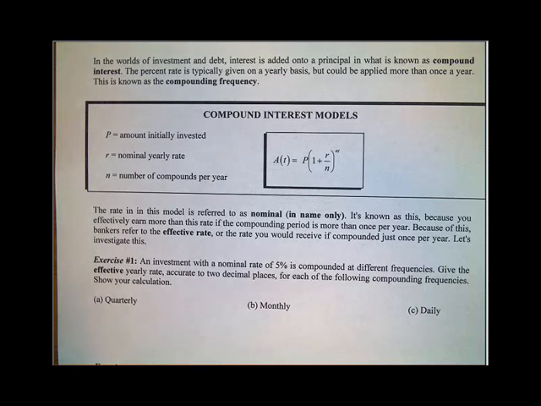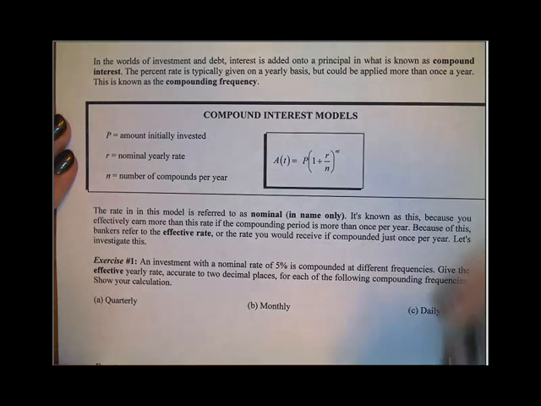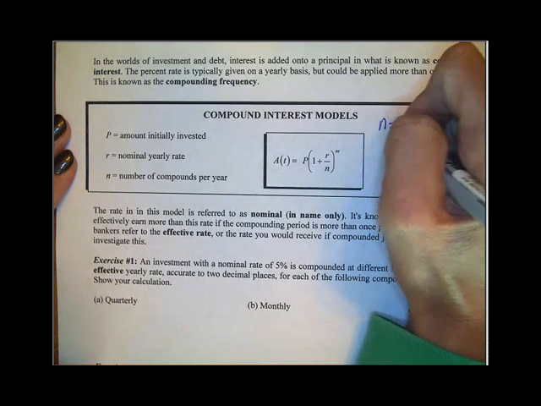In the worlds of investment and debt, interest is added onto a principal in what is known as compound interest. The percent rate is typically given on a yearly basis, but could be applied more than once a year. This is known as compounding frequency. So P equals the amount initially invested, R is the nominal yearly rate, and N is the number of compounds per year. Now, if N is quarterly,